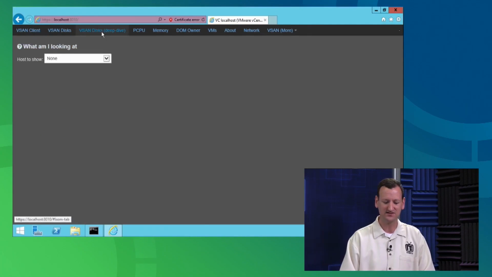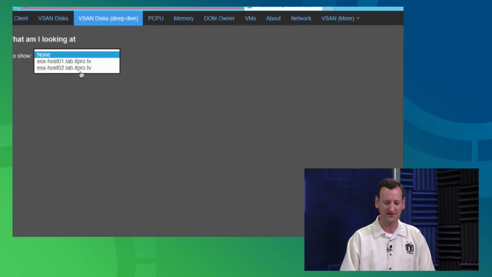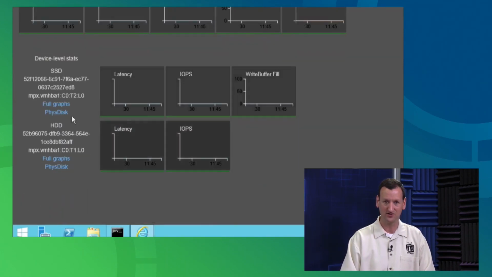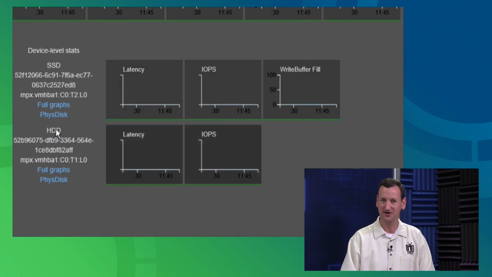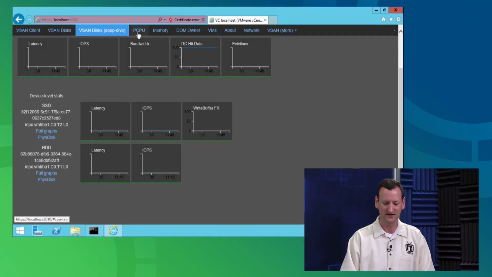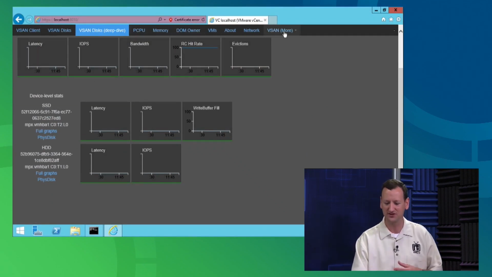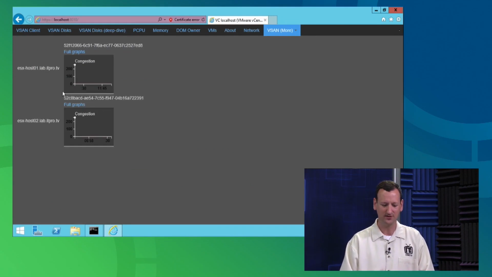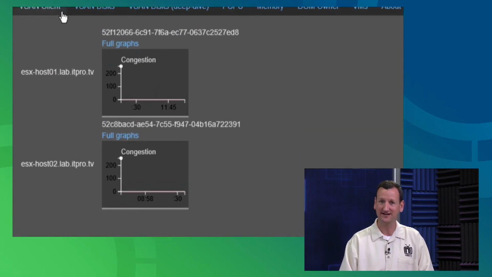You can do vSAN disk deep dive, and you can break down into the individual disks and start to look at the performance on the hardware. So here's the SSDs versus the hard drives, right? The magnetic disks, and you can start to monitor that performance. You can look at all sorts of information about the vSAN. It's super, super useful to be able to pull this information and get an idea of how your systems are